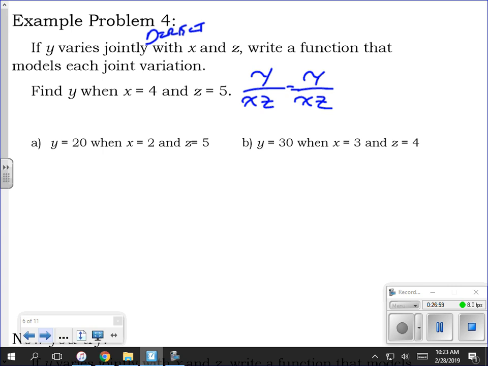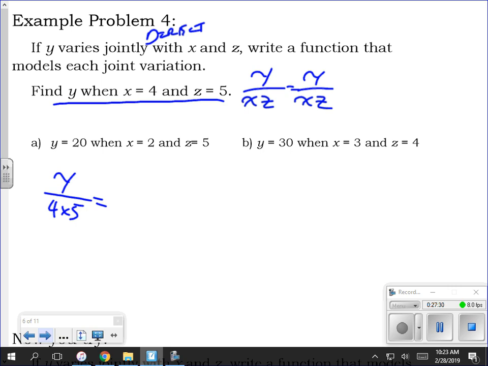That is my relationship. It is important to set up that relationship based on the information before you try to solve anything. If you can get that relationship between x, y, and z or whatever variables you're given, it makes everything else easy because then you're just plugging in the numbers. And you have two sets here. First one, find y when x is 4 and z is 5. That means y over 4 times 5 is equal to,